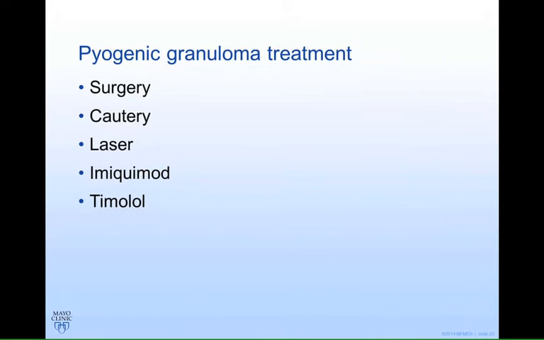So what do we do about these pyogenic granulomas when they come up? It's fairly straightforward. Most of the time, surgery is the answer, just a little bit of local anesthesia, and then we usually shave off the pyogenic granuloma and do some cautery at the base to try to burn off the blood vessels so that hopefully it doesn't come back. If a pyogenic granuloma occurs within a capillary malformation, it is a bit more likely to come back just because that tendency for the blood vessels to want to proliferate is still there.